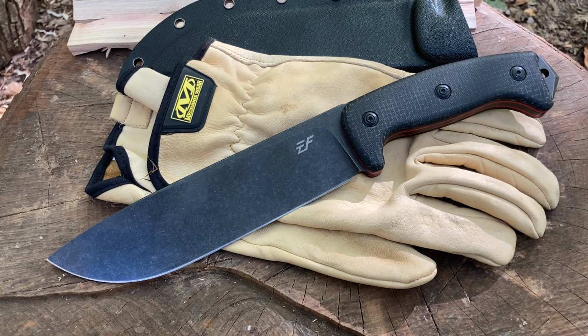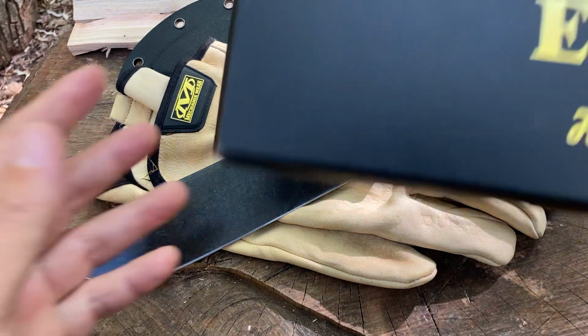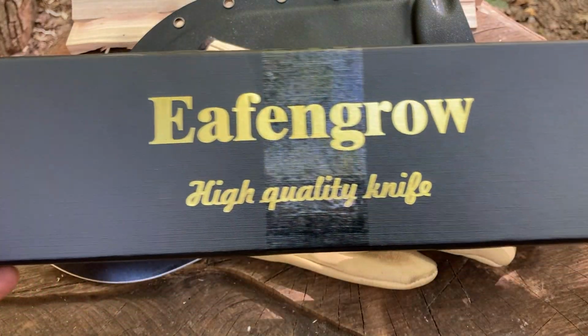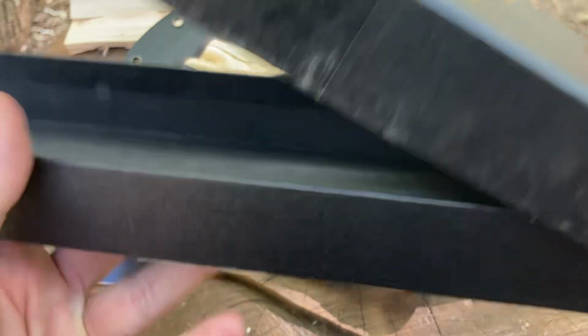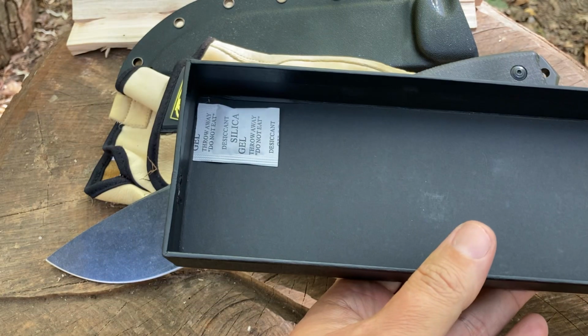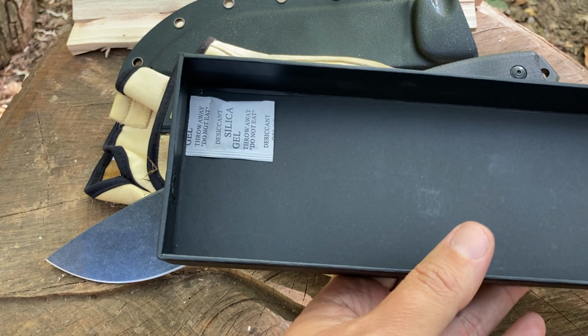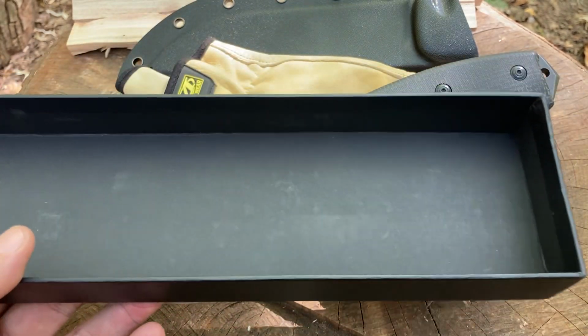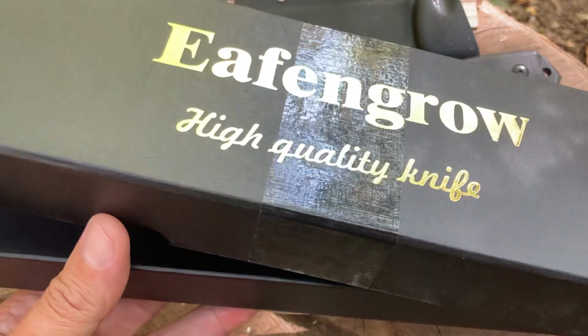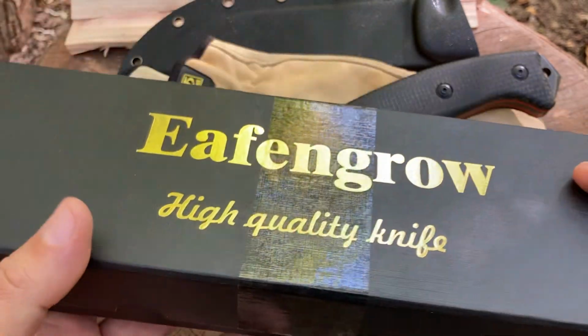Now let's take a look at the box. This is the Eafengrow box right here. Very simple. There was really nothing in it, just a little silica gel package. All right, there was nothing else in here. I don't know if this is a sample that they sent me or if this is what they send everybody,